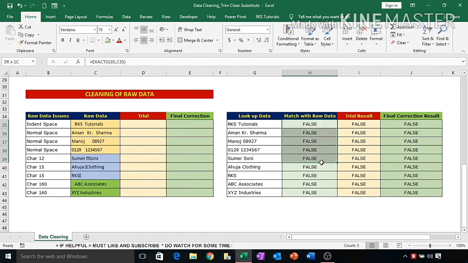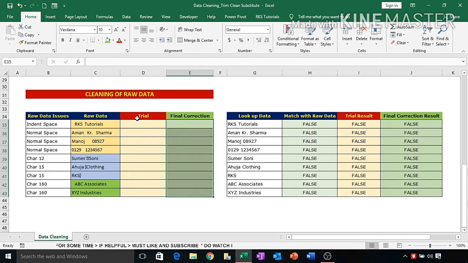In all the entries we can see false because no data is yet identical to the raw data. So now we will convert it so that we can get the answer as true, and the same way this data will be matched with the D column, and this data with this final column. So one by one we pass the entries, and it will automatically check and give the result as true.